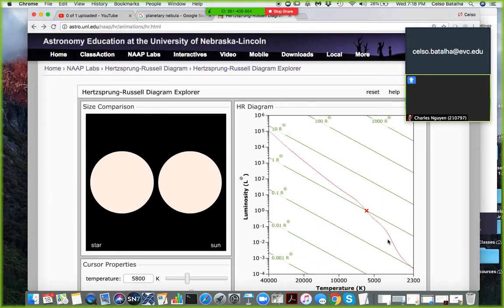So in the HR diagram, the stars in the main sequence down here on the lower right-hand side are subluminous, small, and cool. And the stars in the main sequence up here are hot and huge, between 1 and 10 times as big as the sun. But they are also massive. Their mass content is much larger than that of